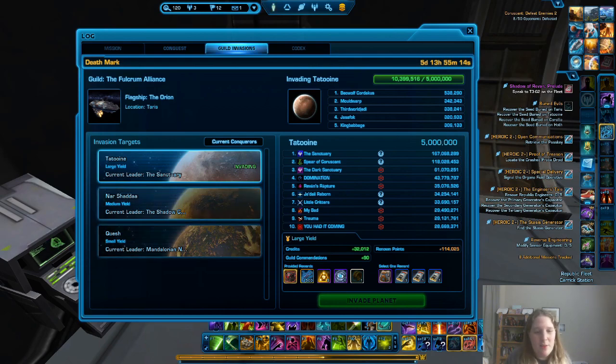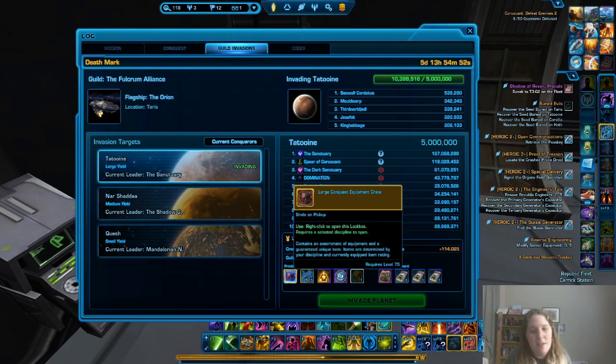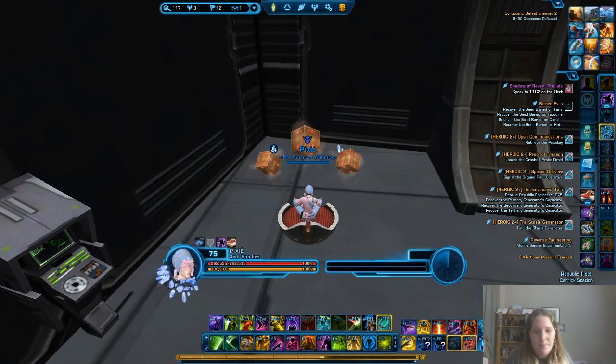So your guild can invade a planet, and if they meet their guild-wide conquest goal for the week, then at the end of the week on Tuesday, when conquest resets, you'll get these rewards here. So that doubles your solid resource matrices. You'll get an extra 180,000 credits, extra tech fragments, and extra loot. So all of that adds up to, at least on my server, around 3 million credits per week